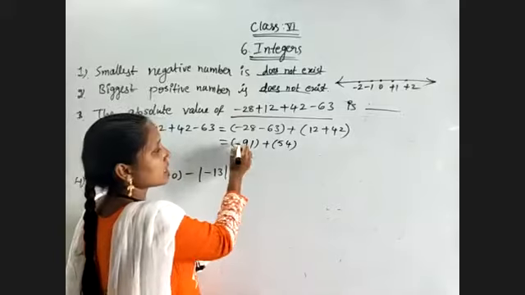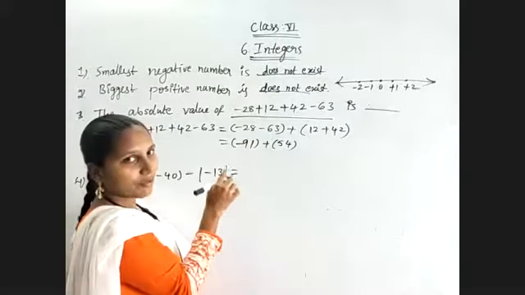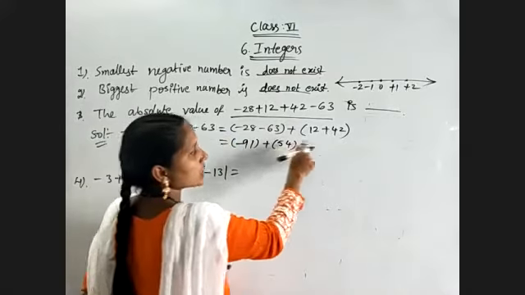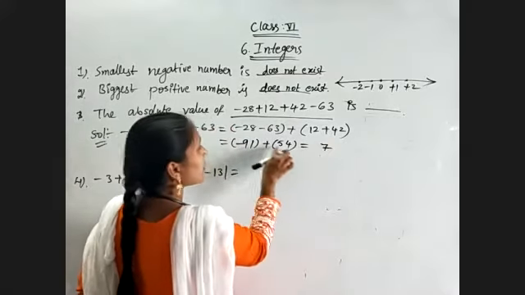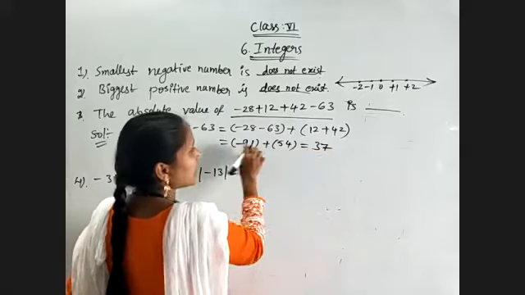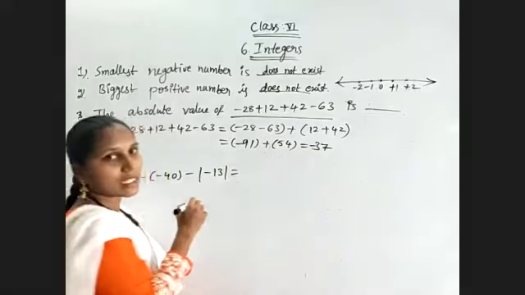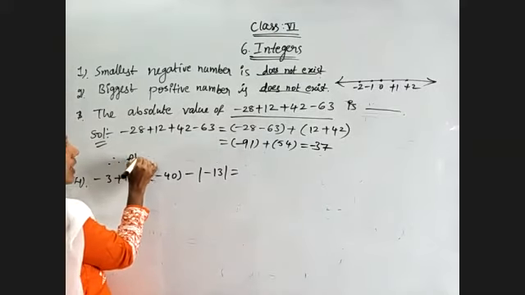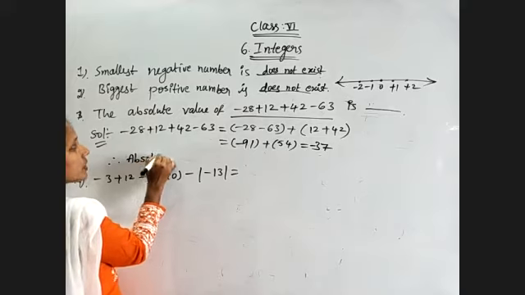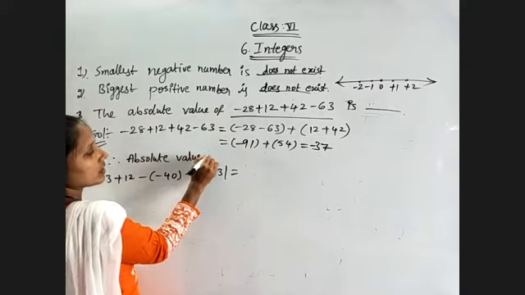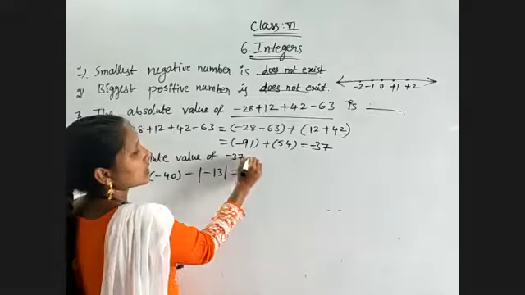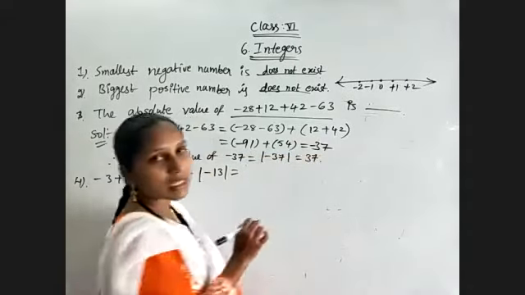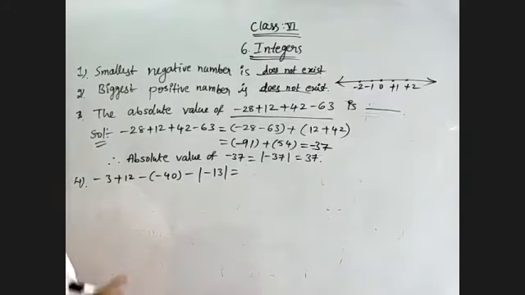Now one is minus, one is plus, so finally we have to go for subtraction. Then what will we get as the result? 11 minus 4 is 7 and 8 minus 5 is 3. And here we have the negative symbol, so minus 37 we will get for this expression. But we need to find the absolute value of that expression, and the value we got is minus 37. That is equal to mod of minus 37, which is nothing but just 37, not plus. Okay, just the number we need to take.